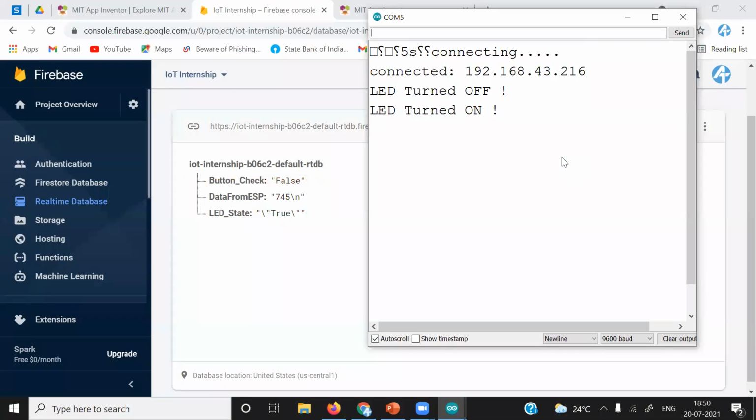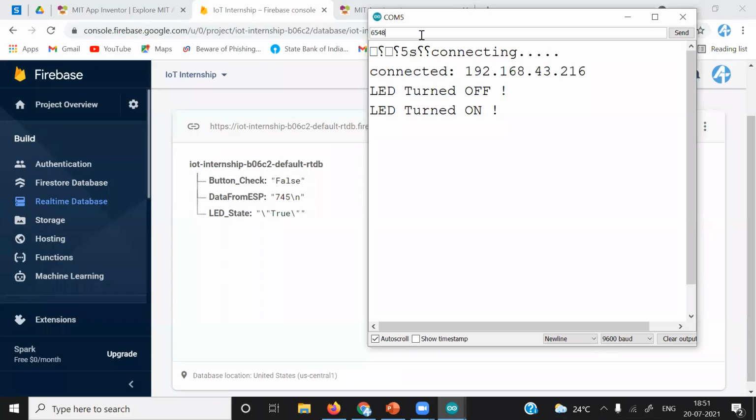Now, this operation is working perfectly. The next thing is we will receive data from ESP8266 to the Android application. Now you can see that here, the data from ESP is 745. What we will do, we will send some data serially. So I'll make it 56548 and hit enter. After hitting enter, we are receiving it in the buffer register.